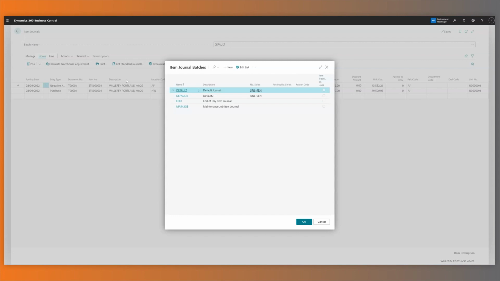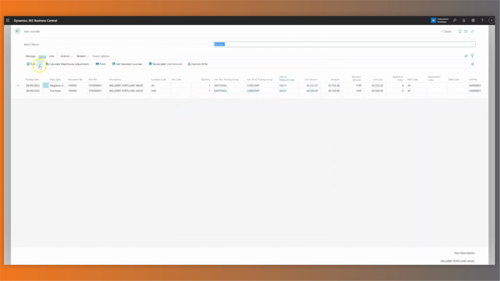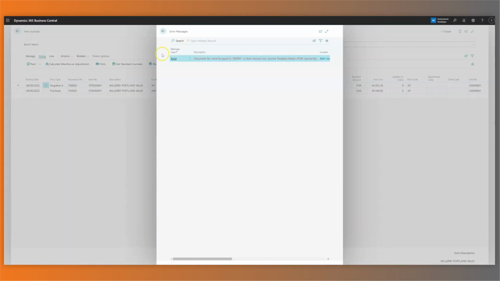As you can see in our system here, we have a number series assigned against our item journal. If I attempt to preview post this current document, you'll see we receive an error message that tells us our document number is not correct. If we head back from this screen,